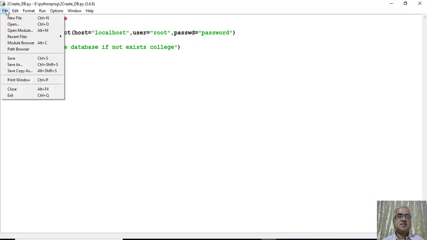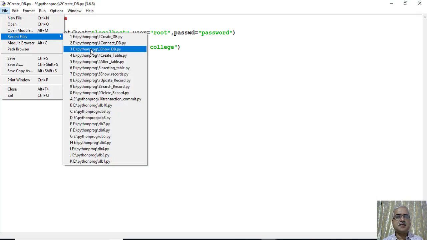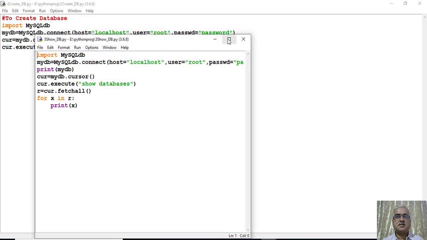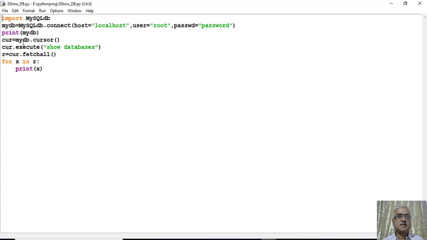Now the same thing can be seen in the Python application only by using a show command. We have the show databases SQL query, which shows us the different databases which are found in that particular database server. Now let us run show databases to check whether the college database is created or not in the front end. I have shown you in the back end. Now we'll look into the front end.